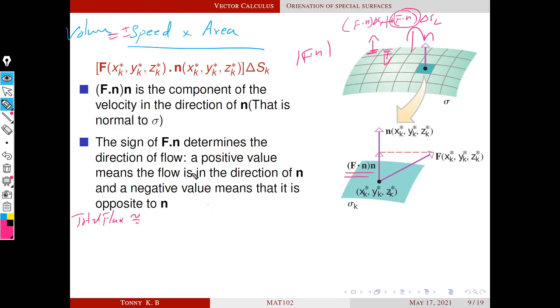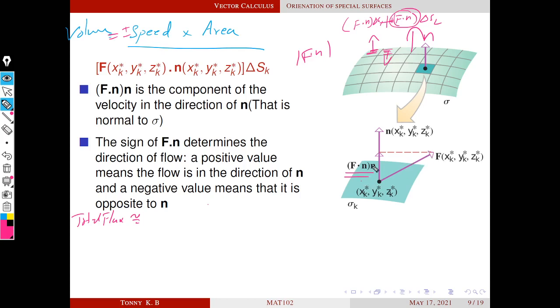Okay, then how do we approximate the total flux? You take the flux at this patch plus the flux at this patch plus etc. Take the flux on n patches and take the sum, the algebraic sum. But there is another thing. Suppose you consider a kth patch. We know that